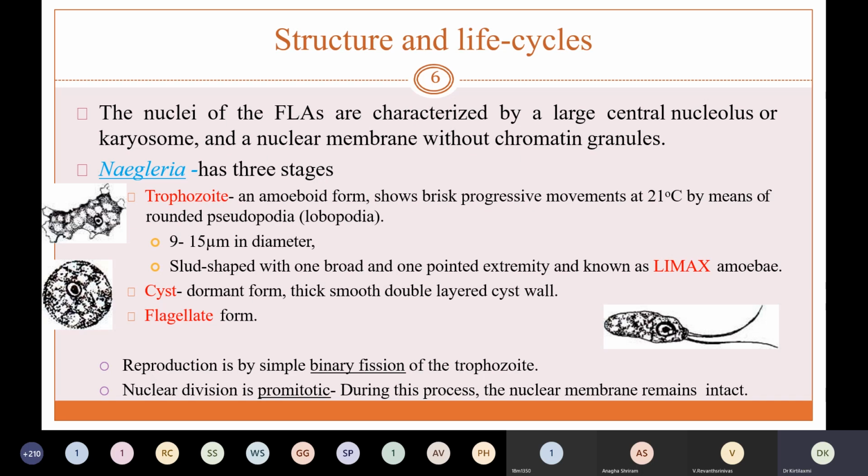Next, coming to Naegleria. Yes, so coming back to it, Naegleria has